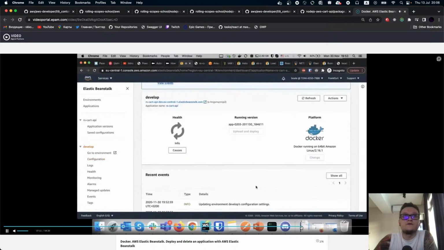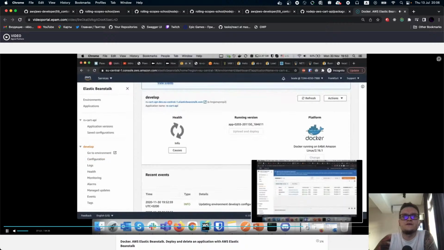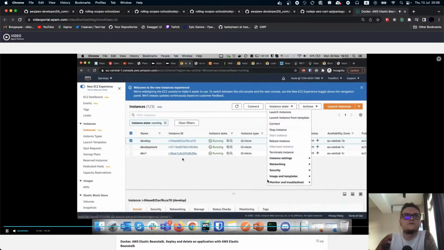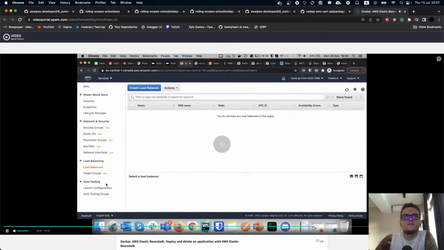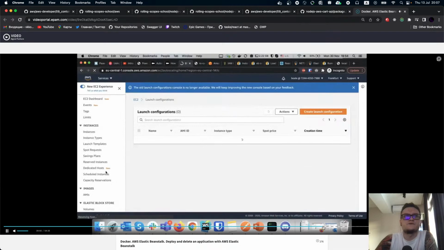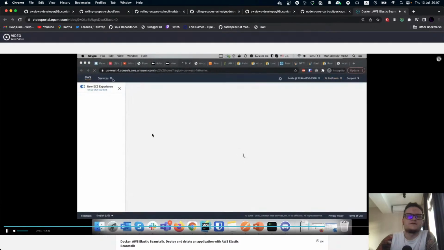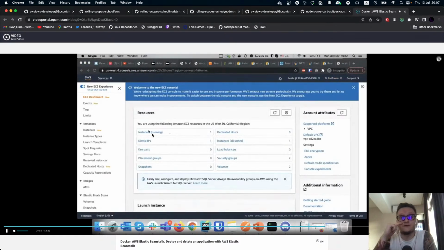We can create multiple instances here right now. Here we can check load balancing, which we don't use, and auto scaling.